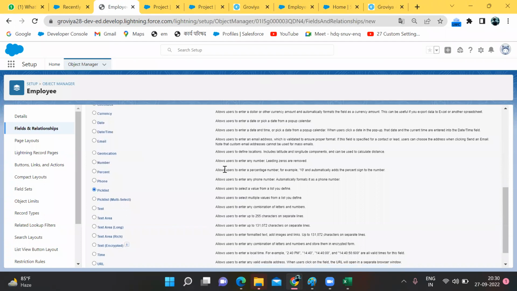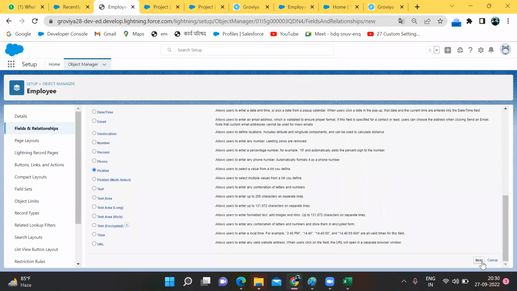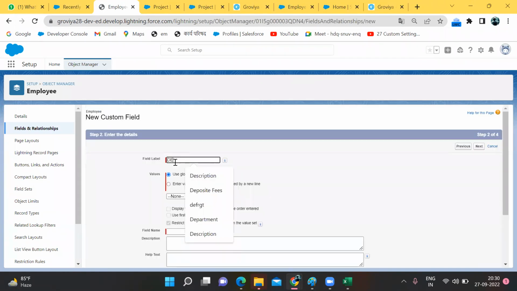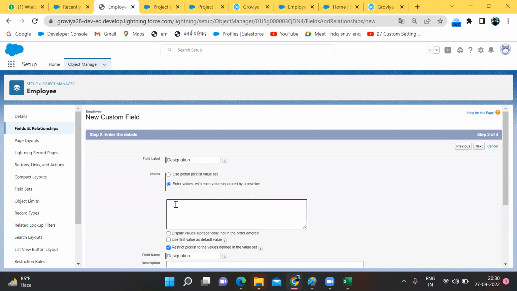So picklist. So Designation. Enter values: Developer, Senior Developer,